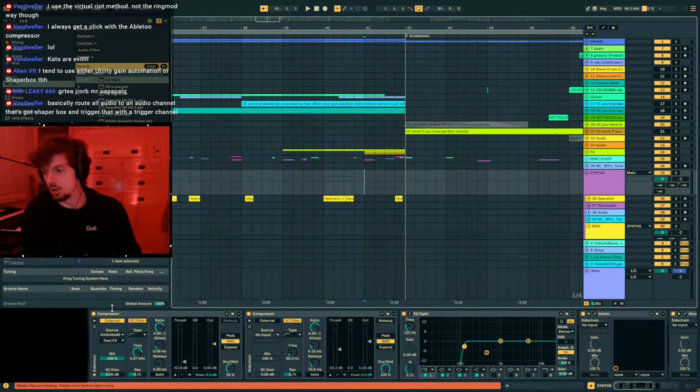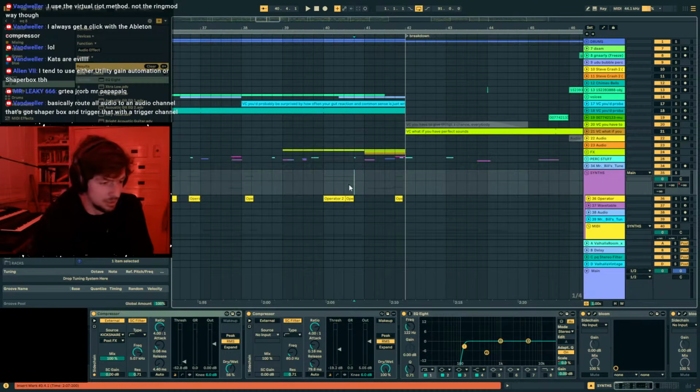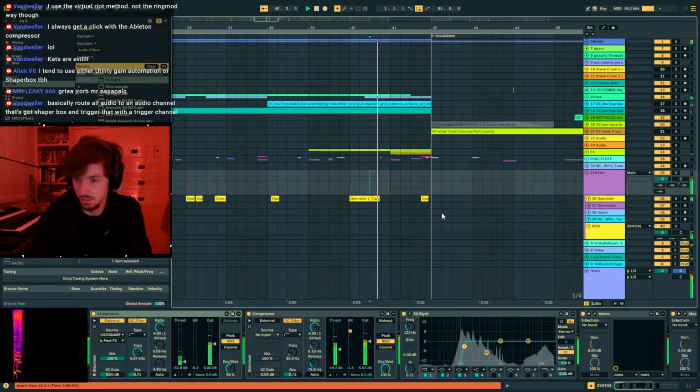Basically route all audio to an audio channel that's got ShaperBox. See, that's too much effort. Just stock Ableton compressor. I think it sounds fine. Sometimes you need to tweak it a little bit, but that's the case with every sidechain. But